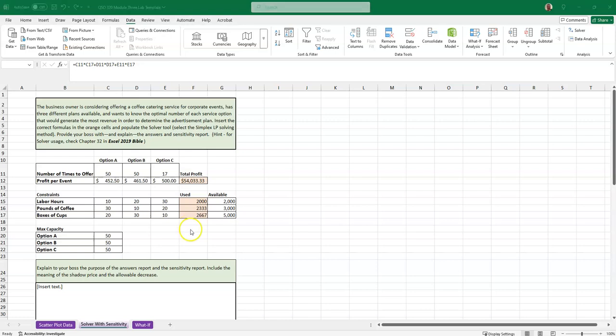Now, if you were going to say, hey, I want even more profit, so I'm going to increase the number of labor hours available and hire more people, I'm going to basically use all my pounds of coffee and all my boxes of cups and make even more profit by hiring more people, then you'd have to do a cost trade-off on the cost of those labor hours versus the increased profit. So that would present another dimension of the Solver, which you could do if you were very creative in order to figure out how to maximize your profit by hiring more